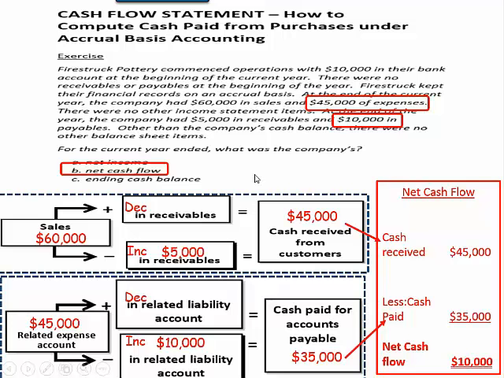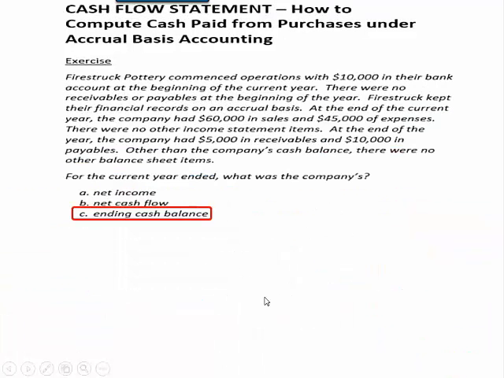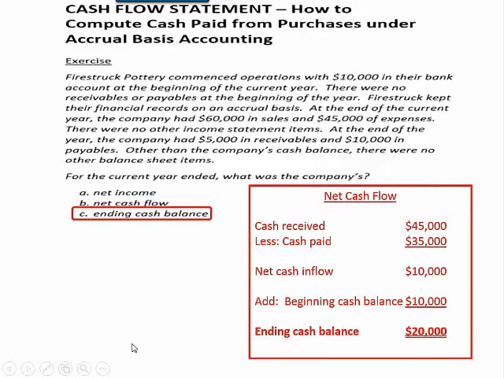Okay, let's take a look at how I compute the ending cash balance. And again, I'm going to have to carry through that cash flow error because my net cash flow that I computed should have been $20,000. So let's see how I do that. I'm going to compute my ending cash balance. What I do is I start off with the amount of cash received. That should have been $55,000. Less cash paid, and again, this is the exact information from the previous slide, $35,000. My net cash inflow should be